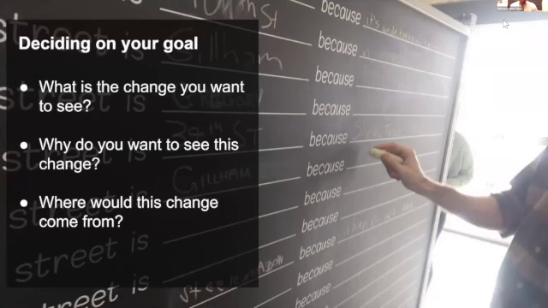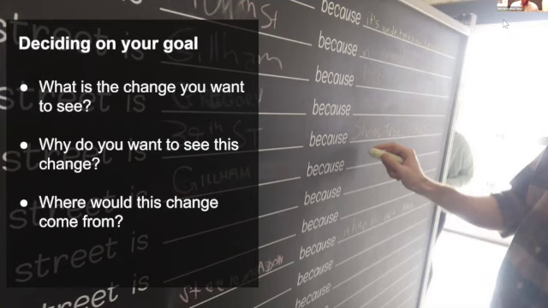So, with that idea in mind, with those basics kind of covered, let's shift gears and talk a little bit more about what it means to build a foundation. What are some of the key elements which make a strong coalition? The first part of building a coalition is deciding on your goal.